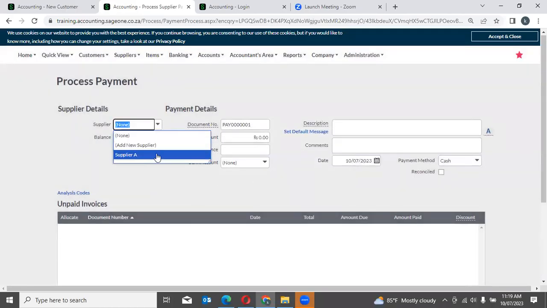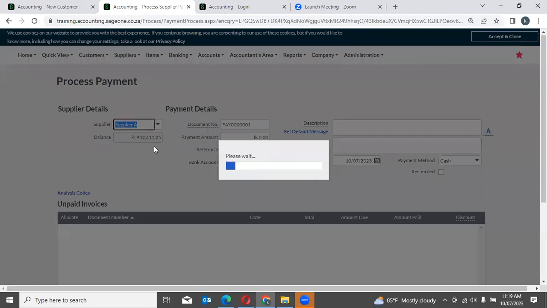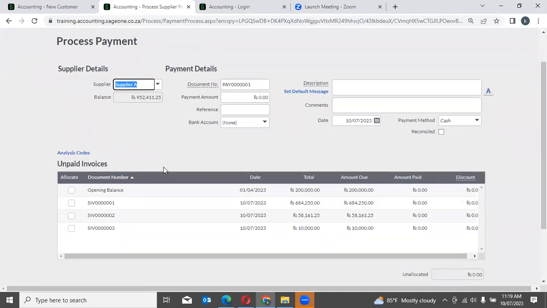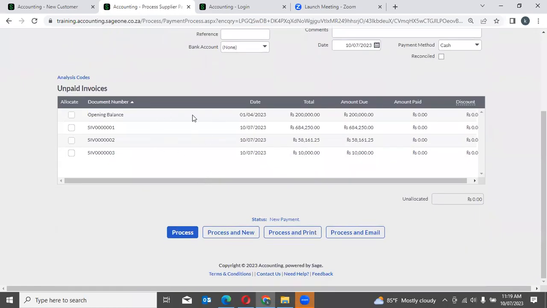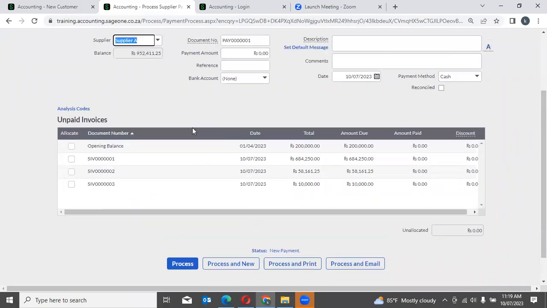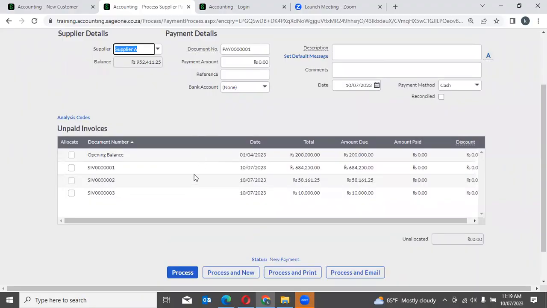Right, now we will select that supplier A. Now when you select supplier A, the system will display that supplier balance and outstanding transactions. Now, when you pay, you can select the relevant invoices, and here the system will calculate the totals. Like that, you can see the system will calculate the